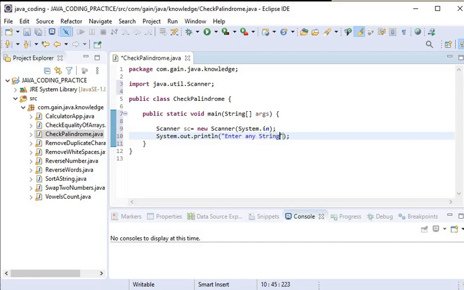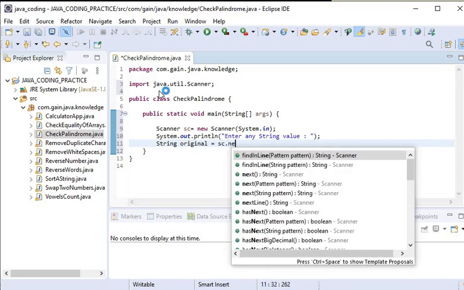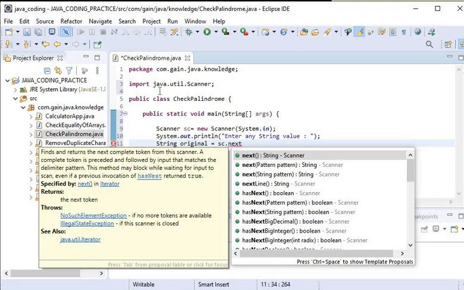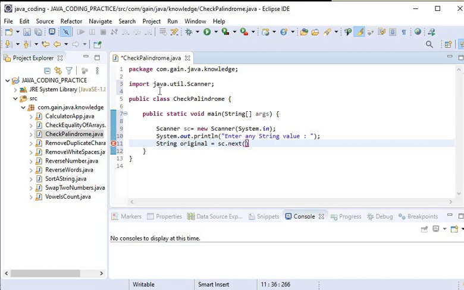In the next line we will store the string original, that is sc.next, or the next function we can use, or we can also use nextLine.